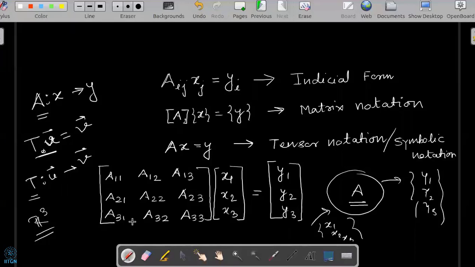Any other question? Question, please. If there are no questions, then we will take around a 5 minute break, and then I will start a new topic, transformation of Cartesian tensors, and we will see what the concepts are in this. So the time is 12:37. We will meet at 12:42.